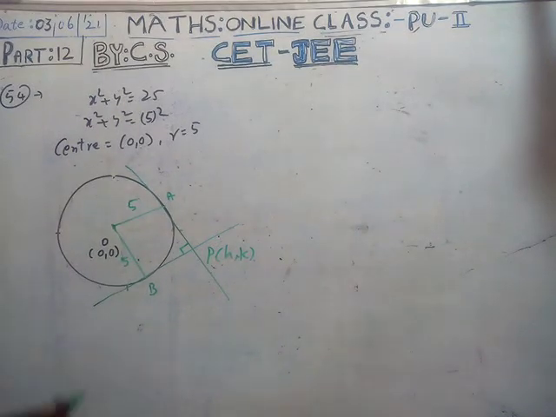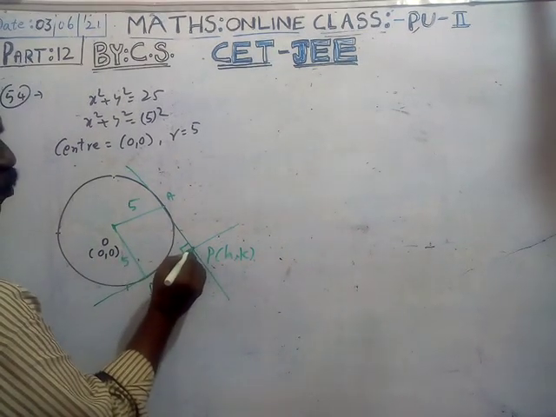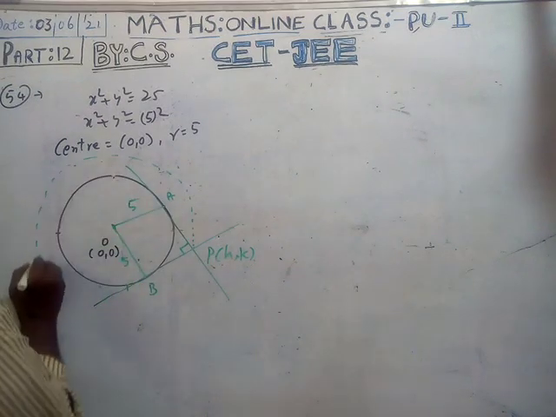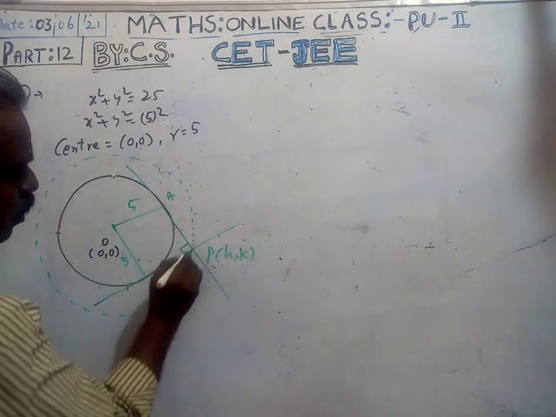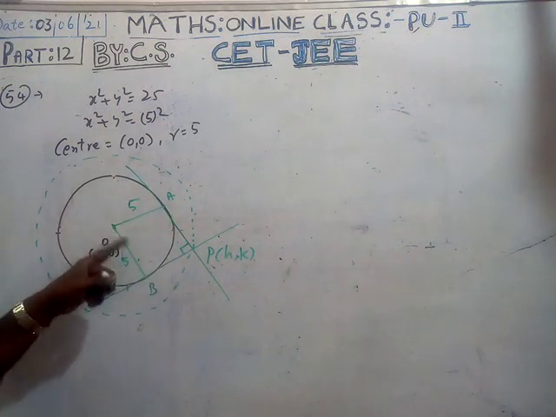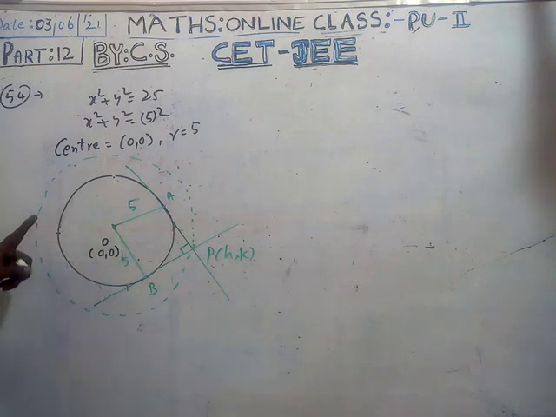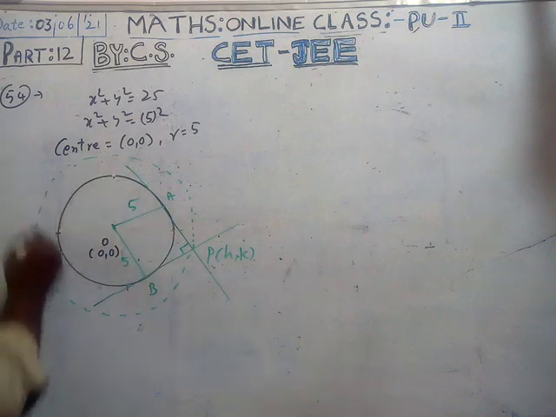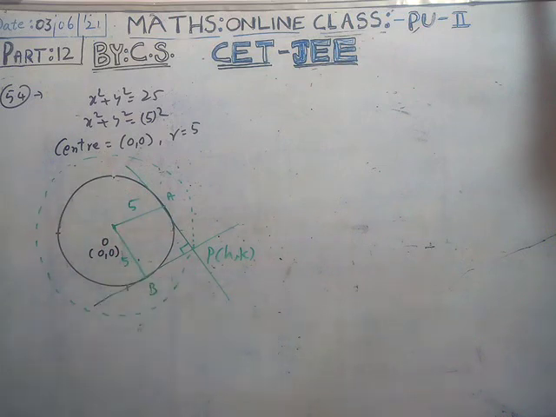That is the concept. You see here, it is moving like this. That point P is moving around the circle, so that wherever you see the point P, the tangents are always at the right angle. Here it is a right angle, here it is a right angle, here it is a right angle, like that. So that is the locus. You can easily understand what the locus is.